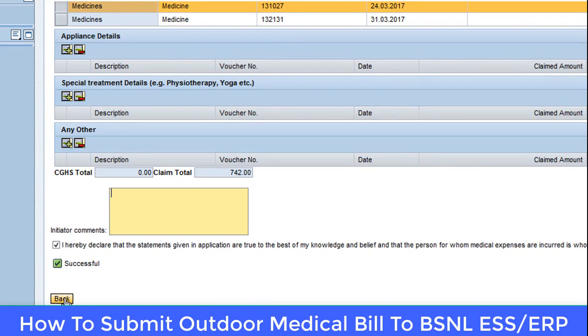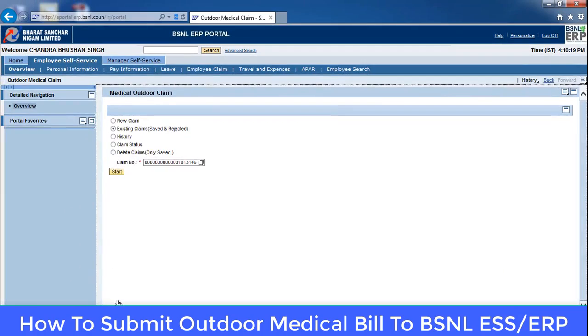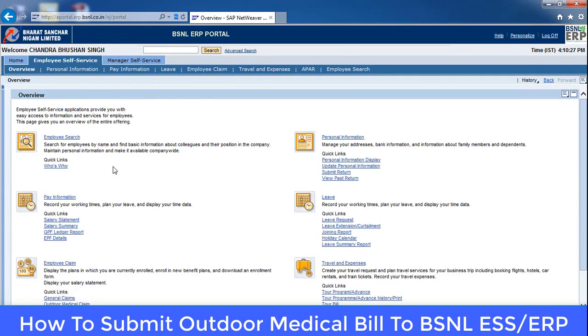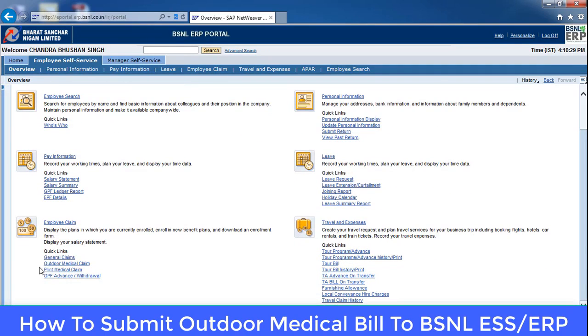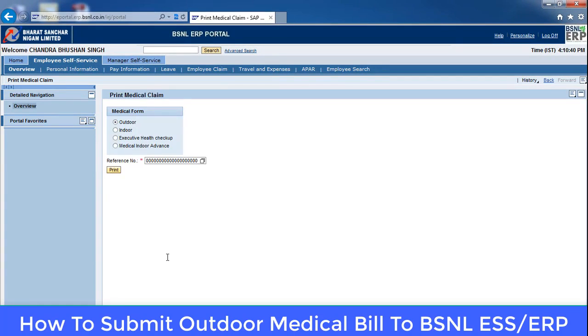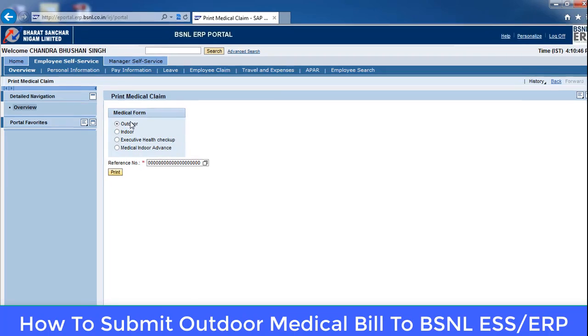So let's come back here, and now we'll show you how to take the printout of this claim. So come to overview or go to employee claim here, and you see here that there is a print medical claim option given here. From here you can take the printout. Go here, and as it was an outdoor claim, it is already selected here.